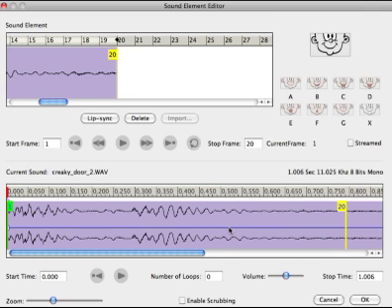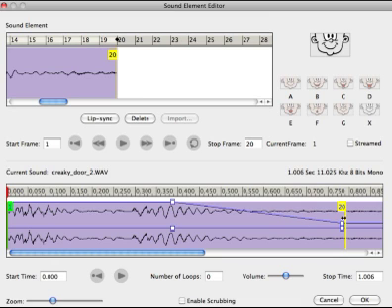But I can also change that sound volume over time, or animate the sound volume. For example, to include a fade, to have the sound fade itself out towards the end. To do that, I click on the blue line in the middle of the editor window to add a control point, a sound volume control point. I'm going to leave that control point here about the middle of the second creak, and then I'm going to click in the top blue area again on that line to add another control point. I'm going to pull that control point down to 0, to the flat bottom part of the sound volume control,